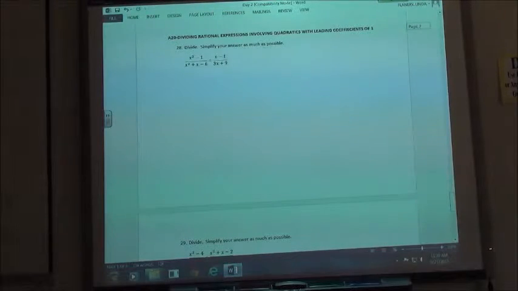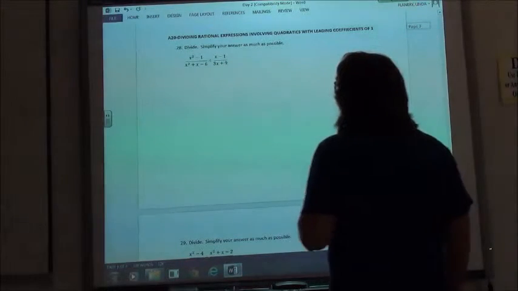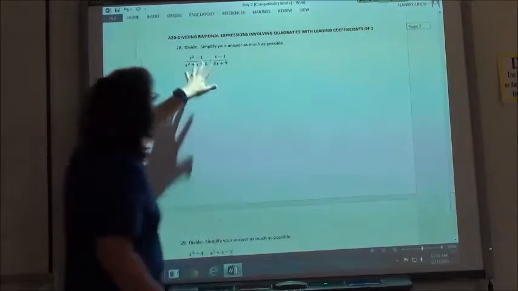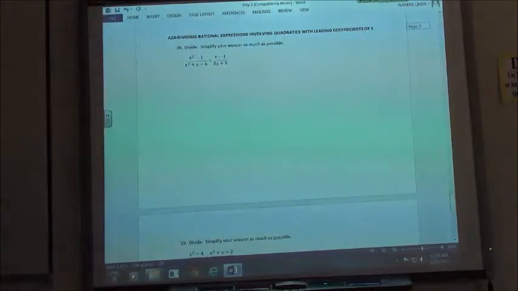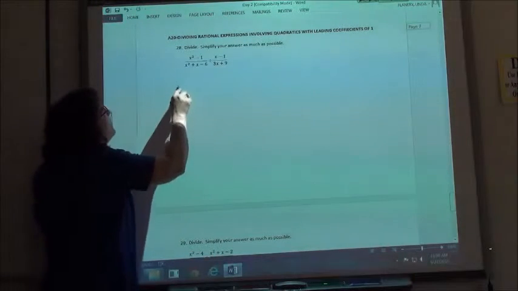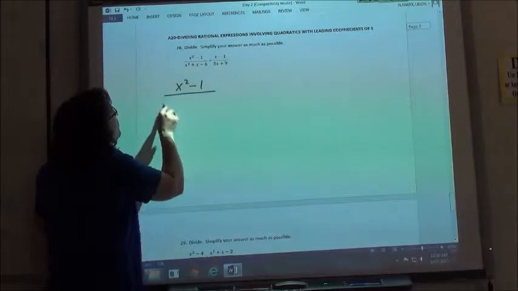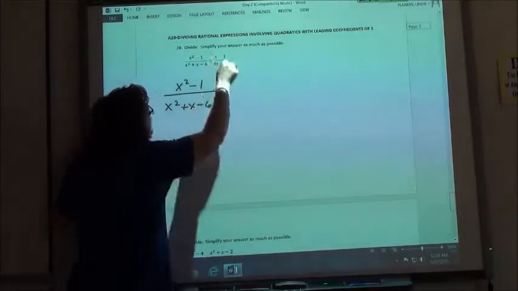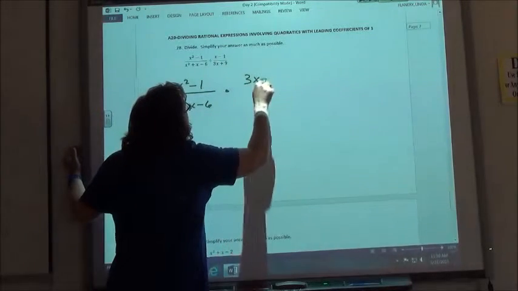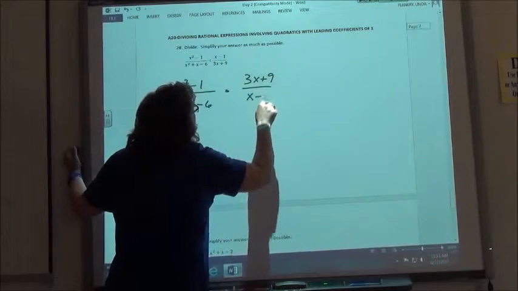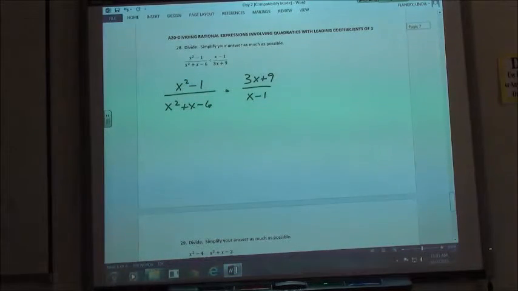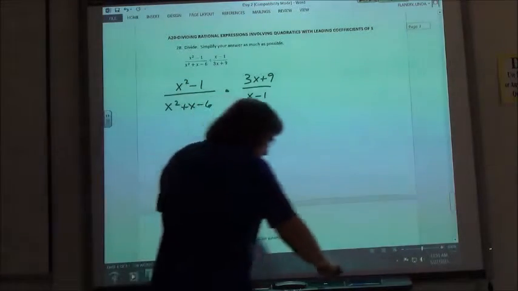So the last one's here on homework day 2, dividing rational expressions involving quadratics with a leading coefficient of 1. I'm dividing two expressions, and when I divide expressions I have to invert and multiply. So I change this problem to x squared minus 1 over x squared plus x minus 6 times the reciprocal, 3x plus 9 over x minus 1. Again, when we're multiplying fractions, we can cancel out the common factors, which tells me I want to factor this